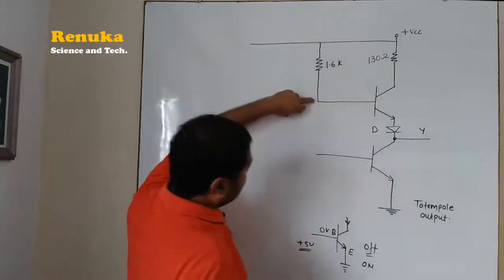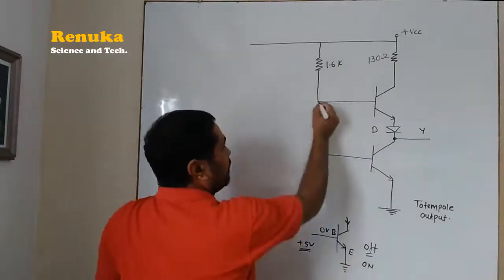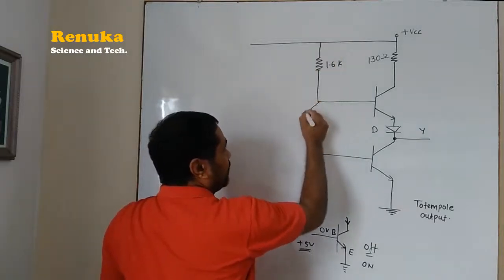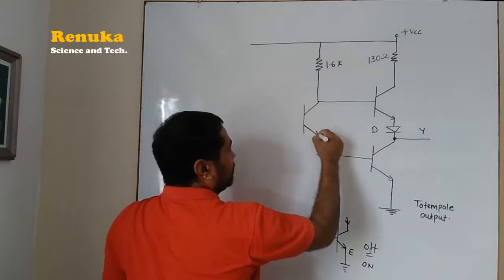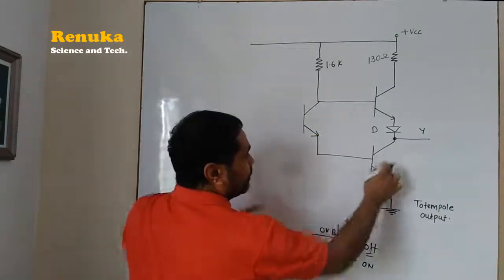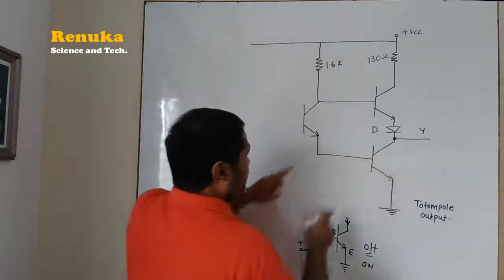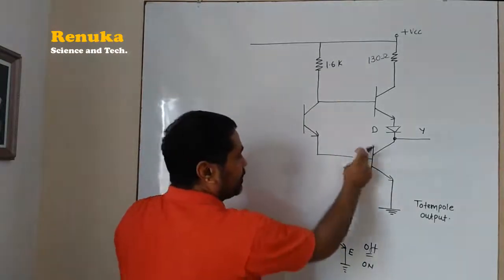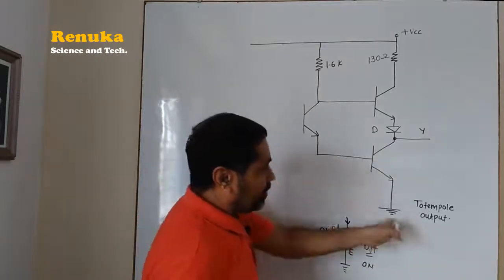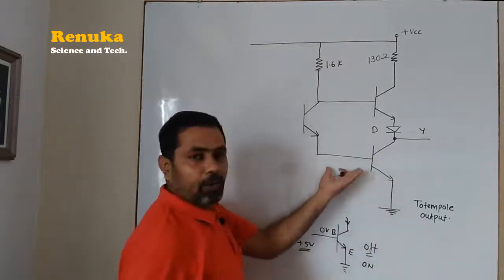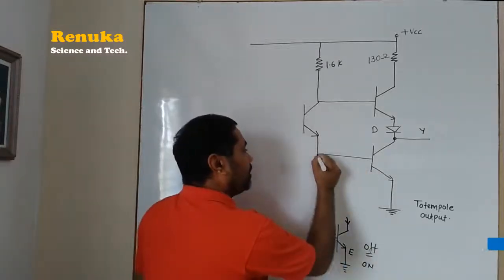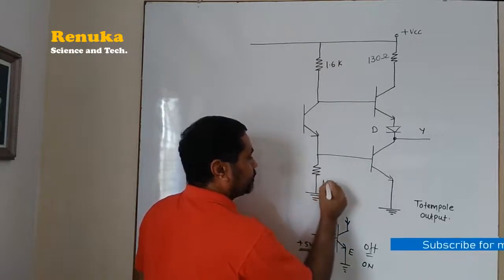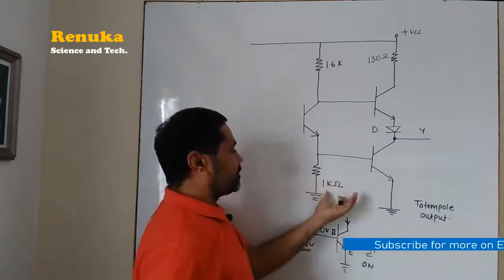Now here again we have to connect another transistor. See how this transistor is connected. The resistor's terminal is connected to the collector of a transistor, and the emitter of this transistor is connected to the base of the second transistor. Then some voltage has to be dropped here, because whenever the current starts, it flows or sinks towards the ground, so no voltage would drop here. That is why we have to implement one resistor here, and its value is 1 kilo ohm.